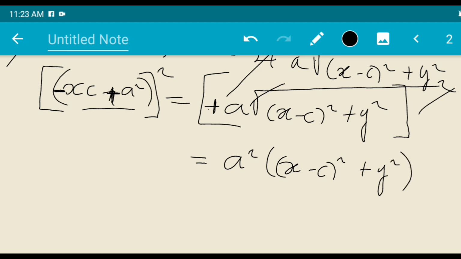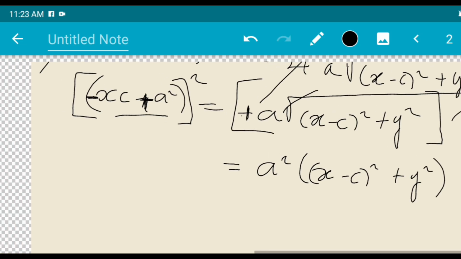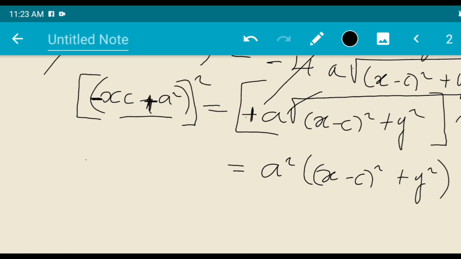Then this side, that's where what we talked about actually applies, just as we did with a and b. So the first one is going to be negative. We're talking about it being squared, so it's not going to be negative, it is going to change to a positive. So it will be the first one squared, which is negative xc times negative xc, which will be a positive x squared c squared. Then we multiply the first and the second, times 2. But one of them has a negative, so now what we're going to have is negative